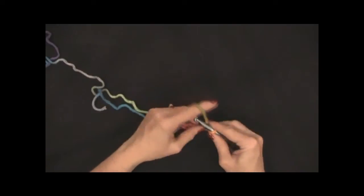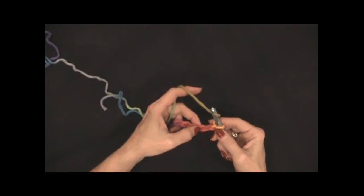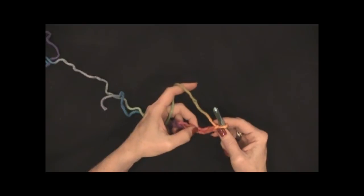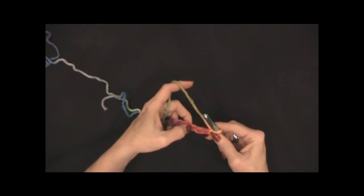Now, in some directions you're going to see double crochet in 3rd chain from hook, but I would rather double crochet in the 4th chain from hook. I think it leaves more room in your turn. I think it's just a better way to do it. So to do the double crochet,